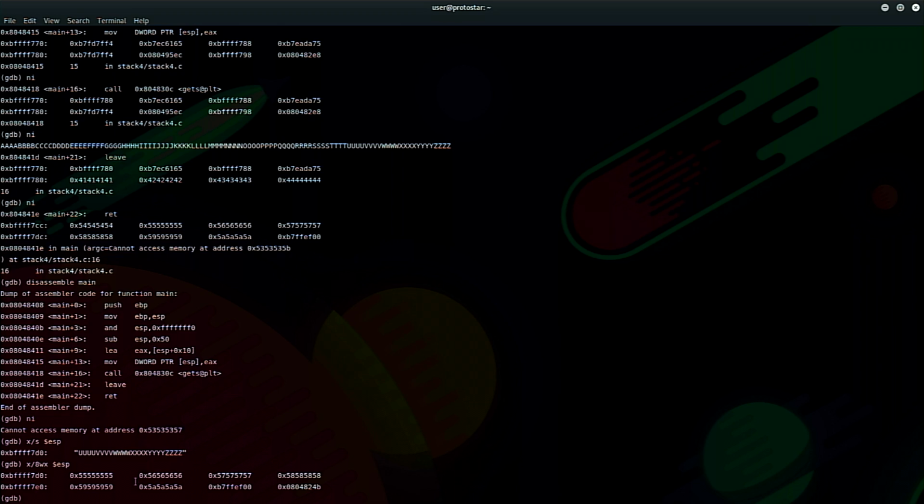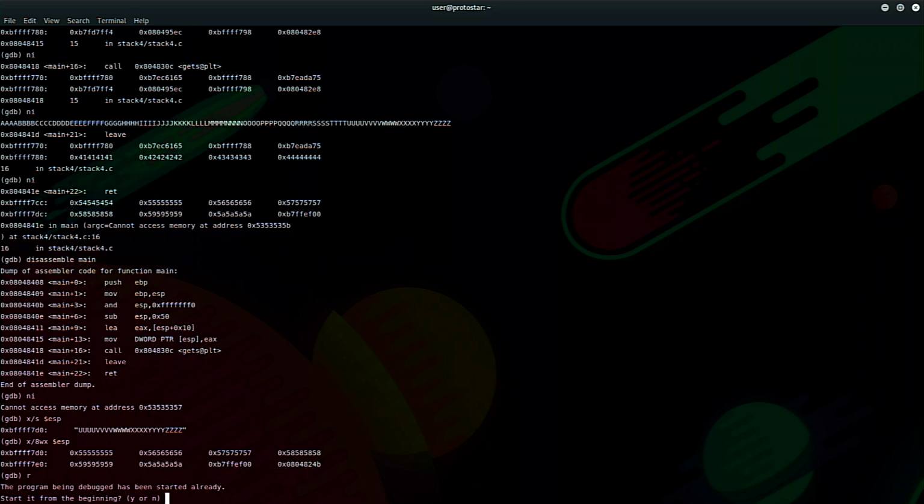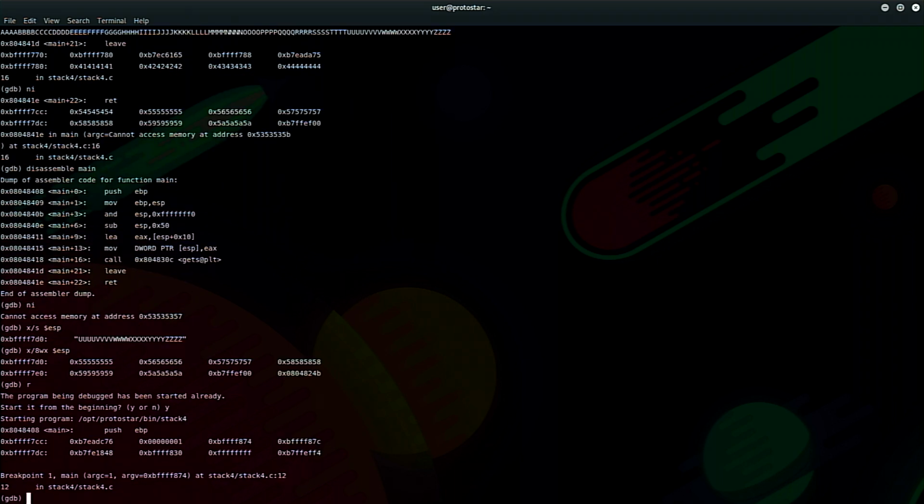So we've kind of completed everything. It tried to return to that address and couldn't, which tells me that right before this, that error is a little bit weird because I feel like it would have been the hex 54s, but we'll run it again and see what happens. So that's going to be part of playing with this. So we'll run it again,